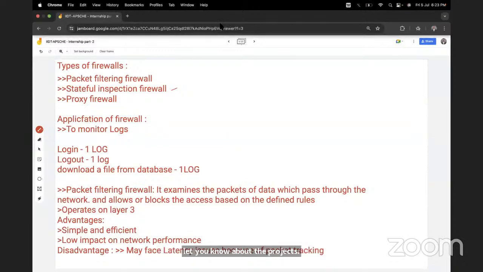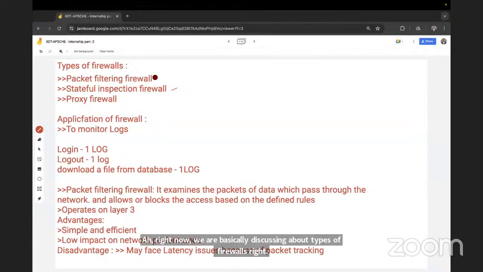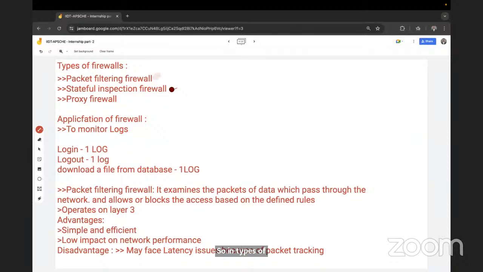So guys, right now we were discussing types of firewalls, right? In types of firewalls, we got packet filtering firewall, stateful inspection firewall, proxy firewall, and application firewall. These four types of firewalls are there. So whenever you go for packet filtering firewall,